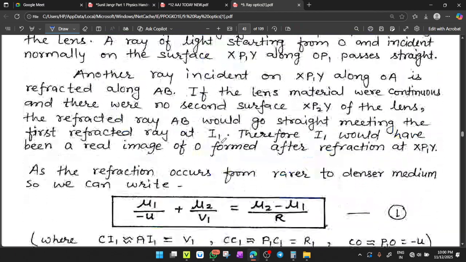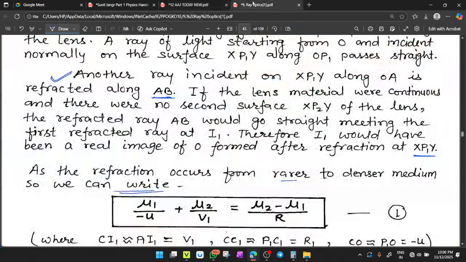So you will have your intermediate image I1. Now I'm reading this paragraph again. The ray incident on XP1Y along OA is refracted along AB. If the lens material were continuous and there were no second surface XP2Y of the lens, the refracted ray AB would go straight, meeting the first refracted ray at I1. Therefore, I1 would have been a real image formed after the refraction at XP1Y, as the refraction occurs from rarer to denser medium. So we can write,